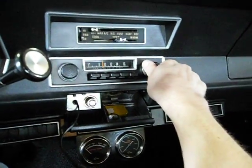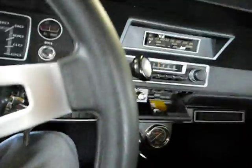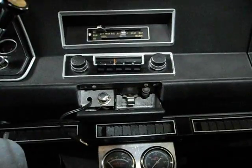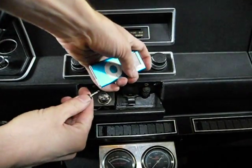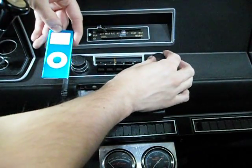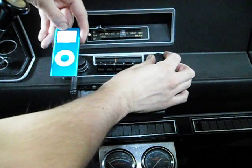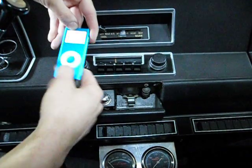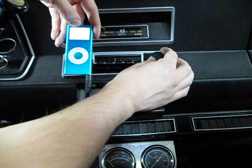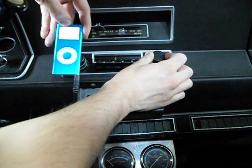And on that Redi-Rad, you want to put it on AM 10, and your iPod actually activates it. So once you plug it in and turn it on, you can hear something going on there. When you hit play, that starts it. I gotta get on 10. Okay, right there. Now what I have on my iPod is,